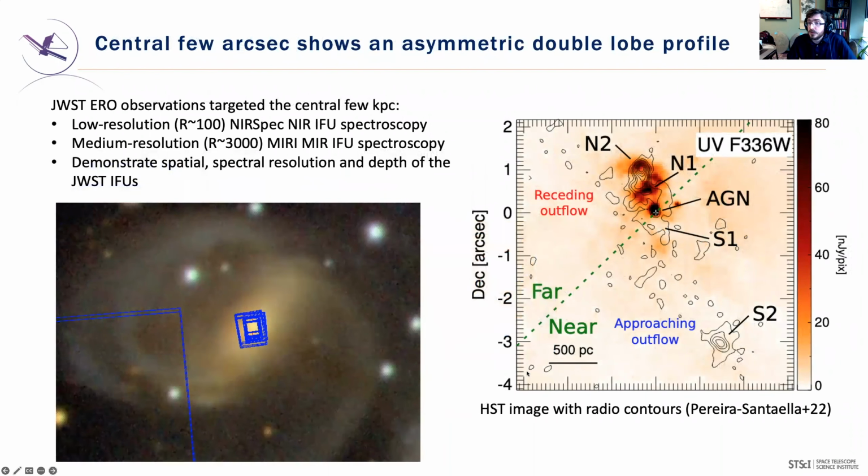So what we're interested in doing with Webb, of course, is digging into that on kiloparsec scales and at a sub-arcsecond level, so we can actually say something about what the structure of the AGN is and how it's influencing the galaxy around it. There's a really nice diagram from a paper this year by Pereira Santaello, showing the detailed structure on a few hundred parsec scales of this system.